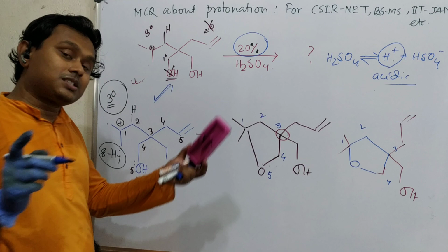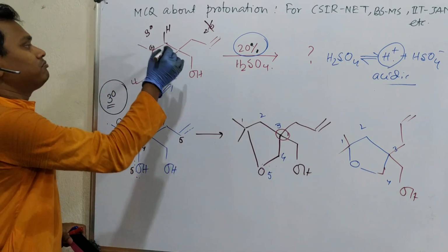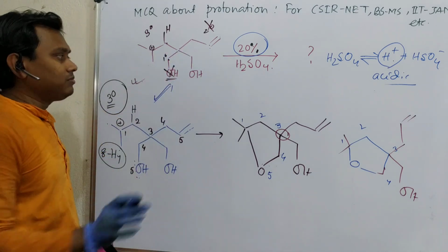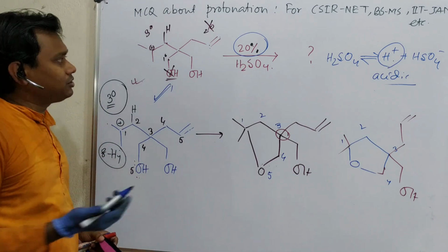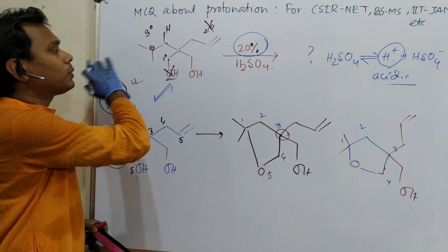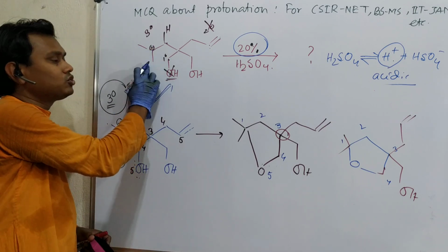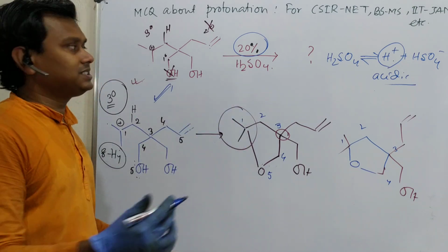Now I have given options, just look at those examples. This option: 5-member, one attached here, one attached here. So a 5-member ring forms, ether, so this. The 6-member ones are eliminated first of all, because we need to apply the process of elimination. So two options are gone, only two options left. Oxygen is attached to carbons which are 2-methyl. Okay, fine, within less than 30 seconds you can answer this.